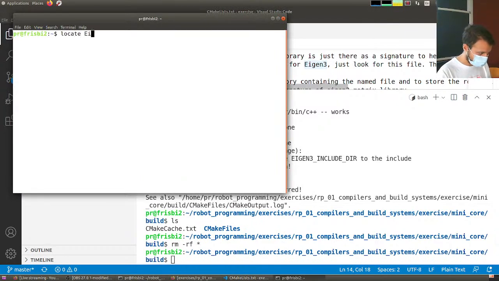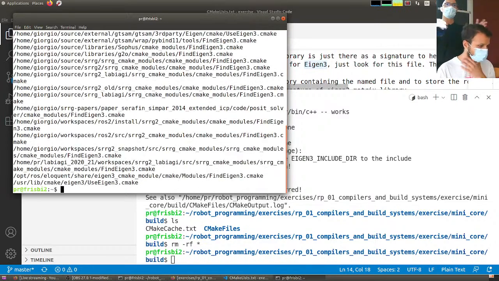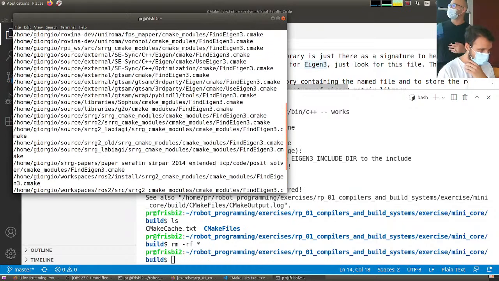Locate is a Unix command. We will encounter a lot of Unix commands in our game, and I have just received the information that some of you are not skilled with this system. So as long as we encounter commands in the shell, I will tell you what they do. Locate basically